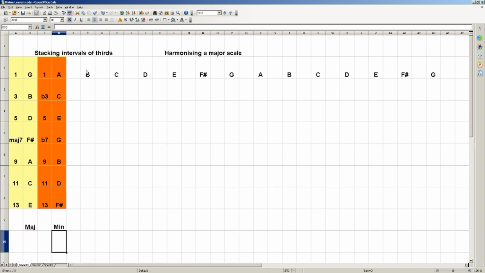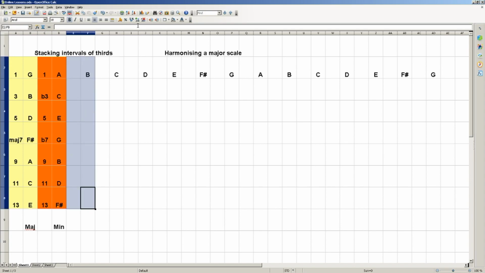I'm going to do the same thing for the third one, okay? So let's give it a different color. B, skip a note, play the following one. So you get D, you get F sharp, you get A, you get C, you get E, and you get G. So if we look at the intervals, again, considering this the root note this time,